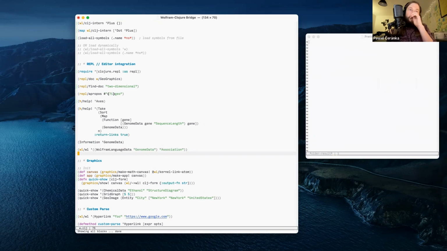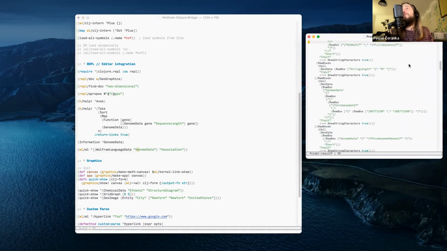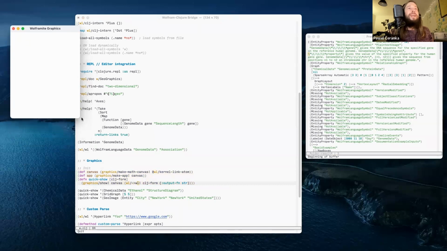So this is a different kind of way of searching for the data related to a given piece of Wolfram language, and you get a bunch of output, and you have to then try to understand what this output really is. So we have this poor man's Mathematica built into the library, which is a small thing that allows you to render some graphical stuff.